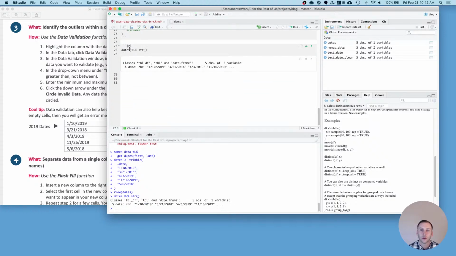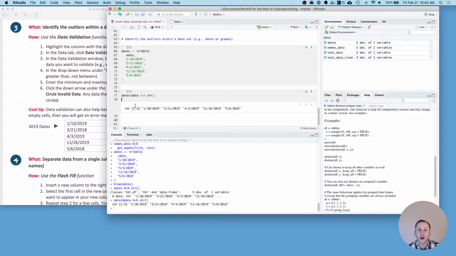Oops, no, I don't actually want to do that. If I look at the date variable, I can see it's actually a character variable, even though a human looking at that would understand that those are dates. R does not yet understand that. So in a very simple way, I could actually just keep those as character variables if all I wanted to do was drop 2018